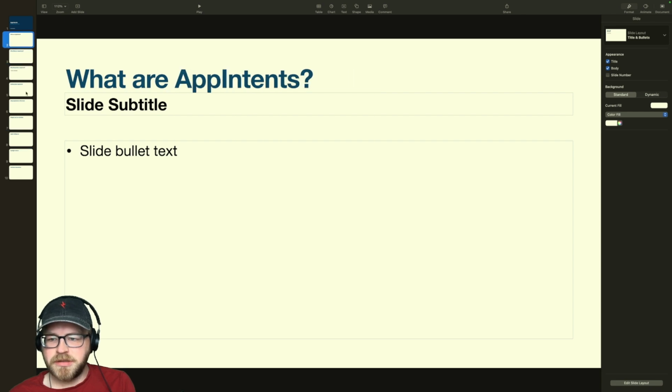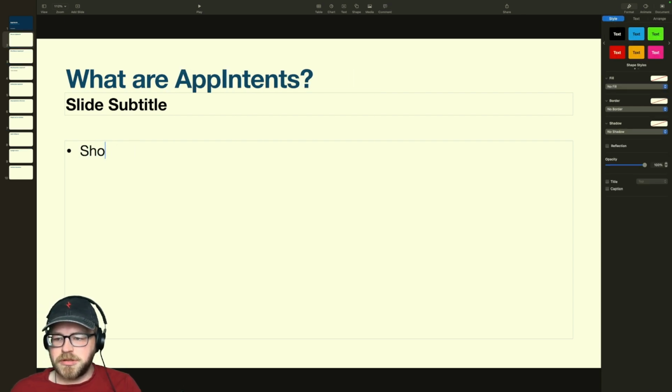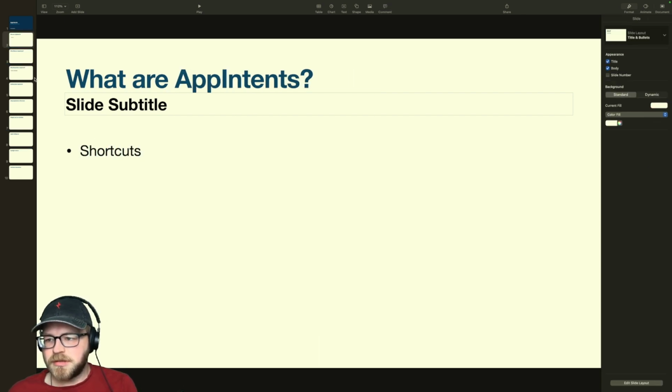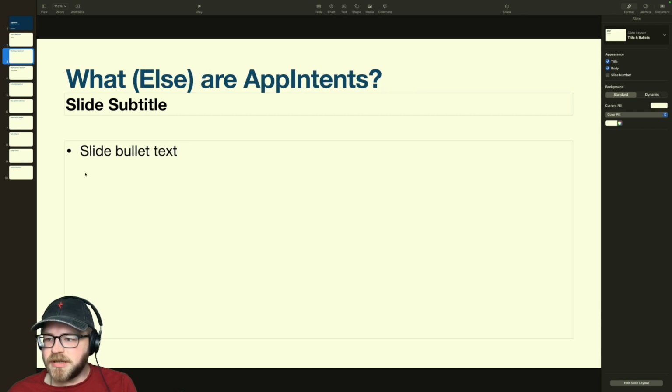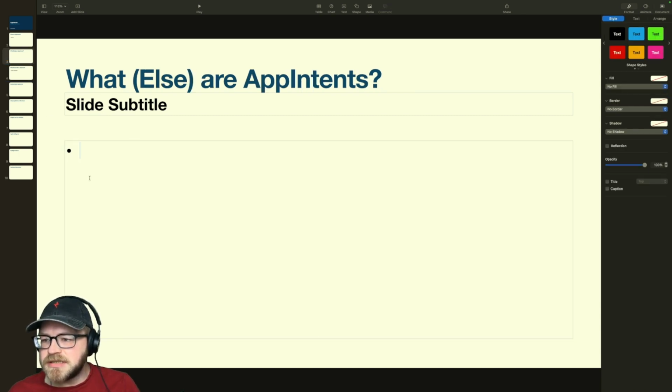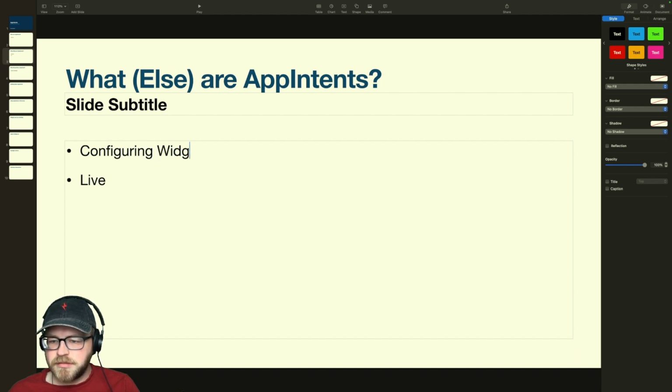So okay, so shortcuts. What else are app intents? Nope, gone too far. What else are app intents? And what we decided is they are widgets, configuring widgets, interactive widgets, interactive live activities.